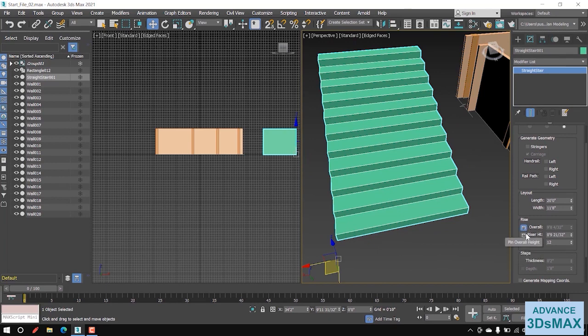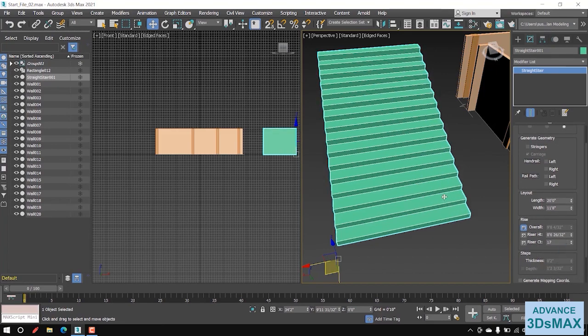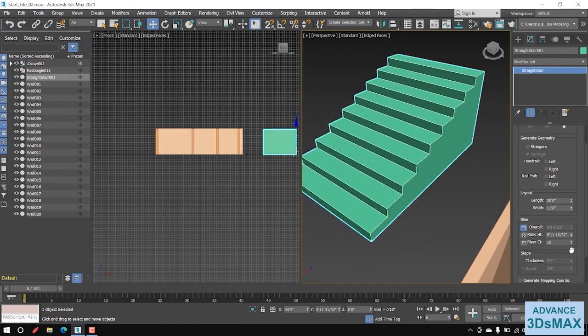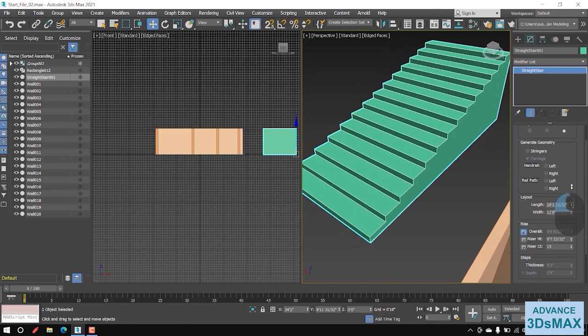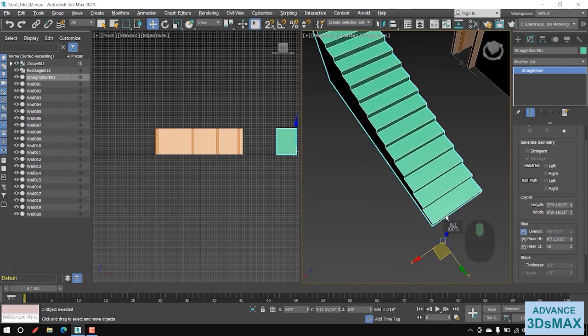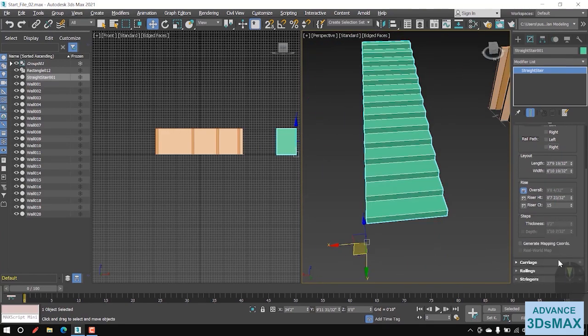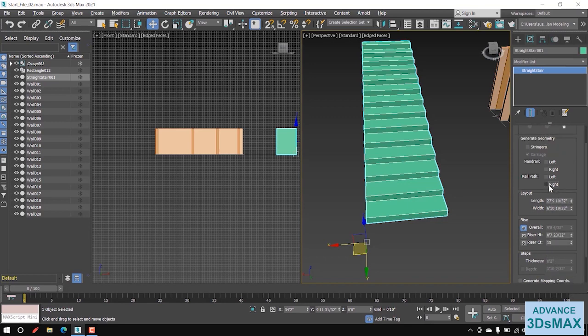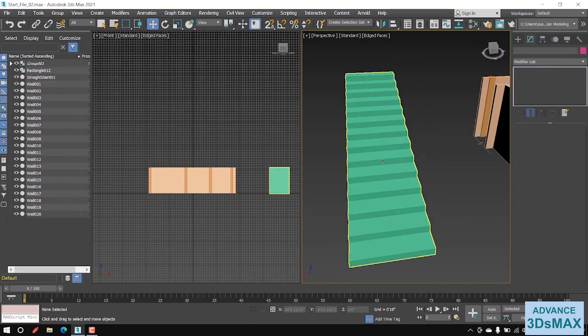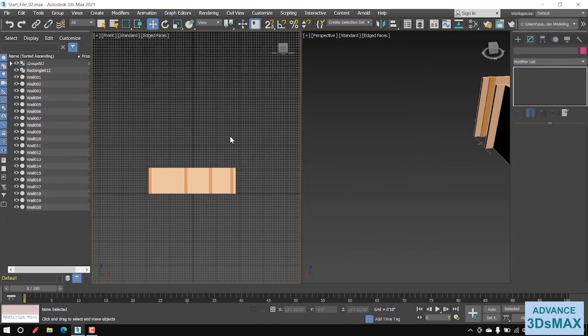These are pins. You can pin any one parameter of these three. This time overall height is pinned, and if you increase the rises number, they automatically adjust in the defined width or height like this. If you want to increase length, you can increase from here, and width you can increase from here. And the other parameters related to railings, first you have to enable from here and then you modify from here. So first I delete this stair and then create for our plan,